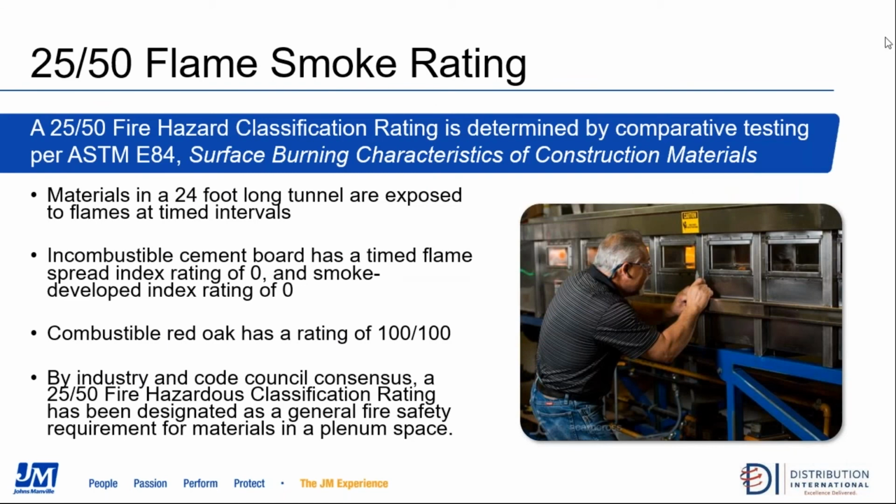The 25/50 fire hazard classification rating is determined by comparative testing per the ASTM. What you see here is a picture of our actual test facility near Denver, Colorado, where the ASTM E84 states that materials are placed in a 24-foot long tunnel and then exposed to flames at timed intervals. It's a comparative testing, so the comparisons are made to incombustible cement board that has a flame spread index rating